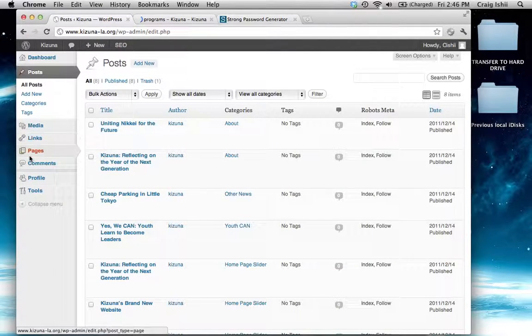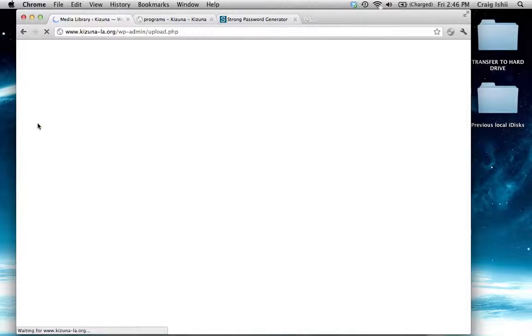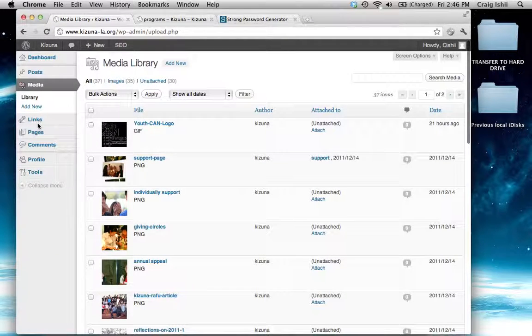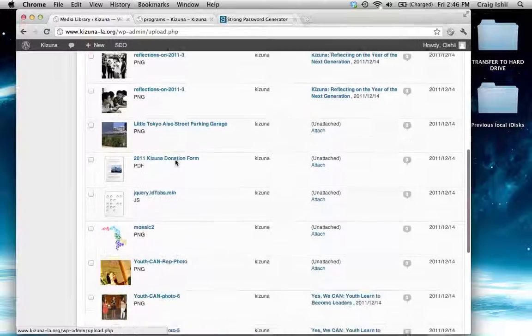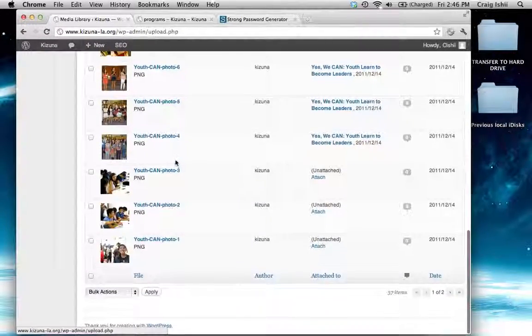These pages are going to be created from the Pages section. So it's important to know the difference between posts versus pages. Posts are only going to be used, again, for very, very specific functions. The Media section is the area that you're going to be using to upload pictures and documents. And so you can see here that I've already uploaded a number of different photos that we're using on the site,